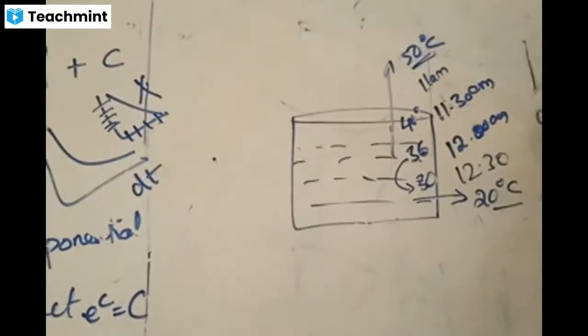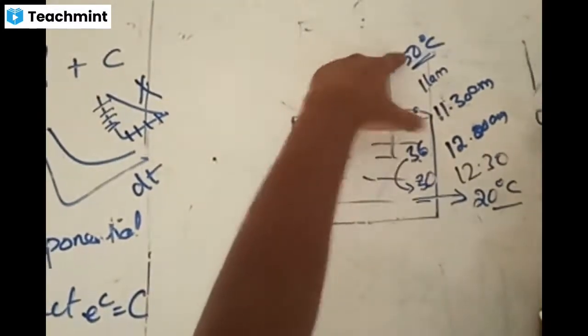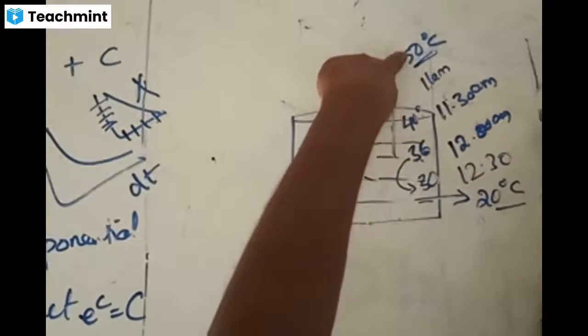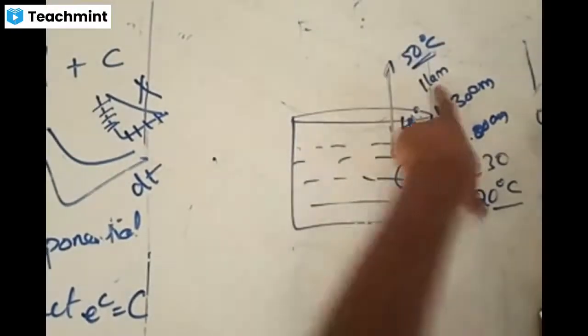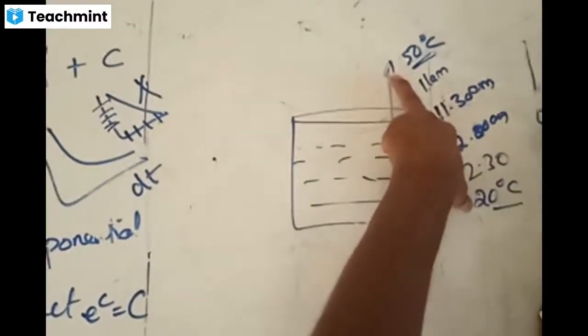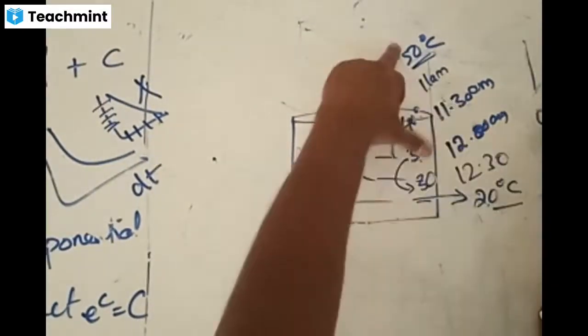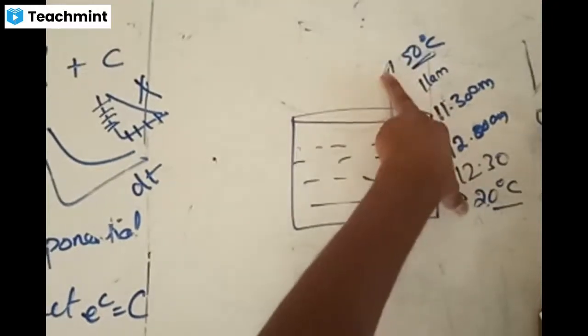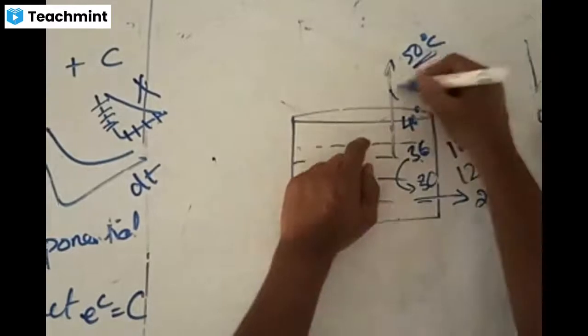Now see the difference here. The only important point is this one. Concentrate now. Here the difference between room temperature and initial temperature is more. At 11 o'clock the difference is very high. How much is the difference? The difference is 30 degrees, room temperature to highest temperature. Since the temperature difference is more, the decrement is also more for some time interval. 10 degrees lost.